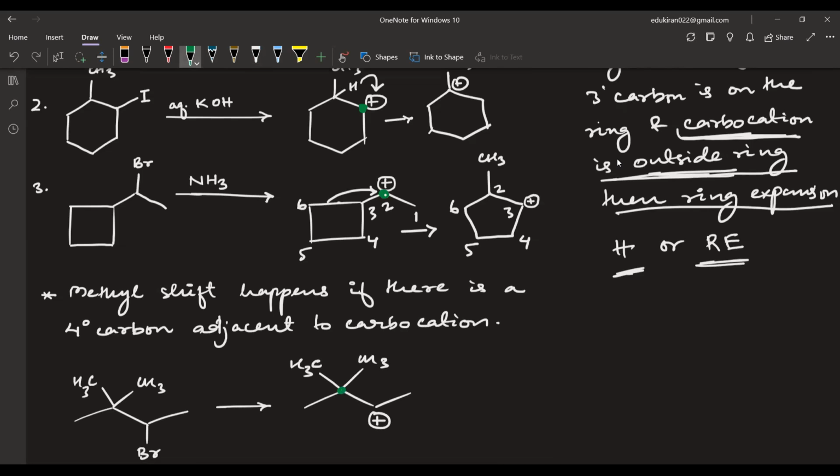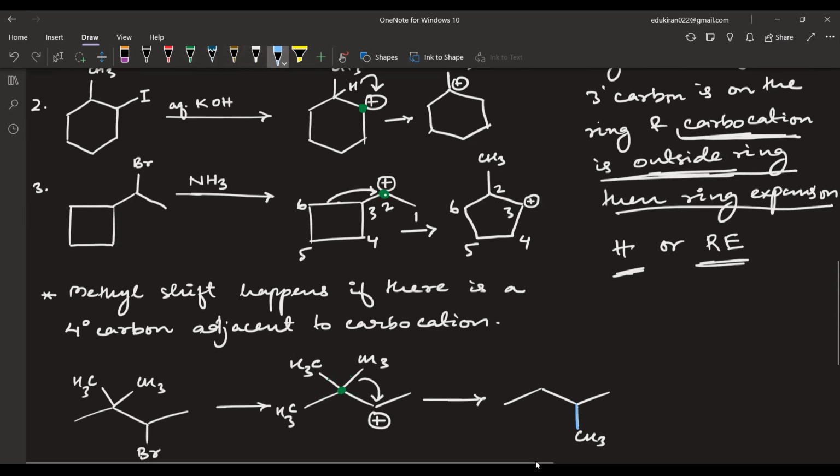And this carbon atom, it is what? 4-degree, right? It has 1, 2, 3, and 4 atoms. So all of these are what? CH3s only. All of these are CH3. So any one of the CH3 will come here. It is known as 1,2-methyl shift. In general, it is known as alkyl shift, but here specifically it is 1,2-methyl shift. And one CH3 will go here. So this CH3, it has migrated. So I will make the new bond as a blue. Okay, so this is CH3 that has shifted here. So this carbon atom will get neutralized, and the carbon atom from where the CH3 has shifted, it will get a positive charge. Okay. For example, we are reacting this with, let us say, KCN or something. Then we will be getting